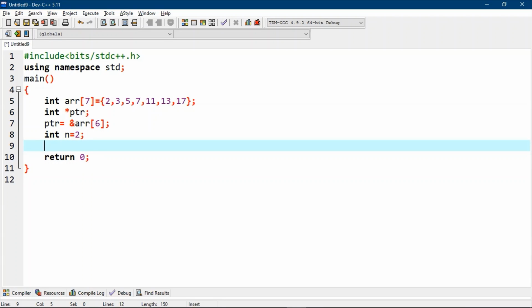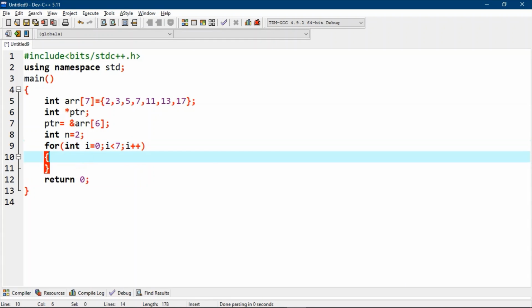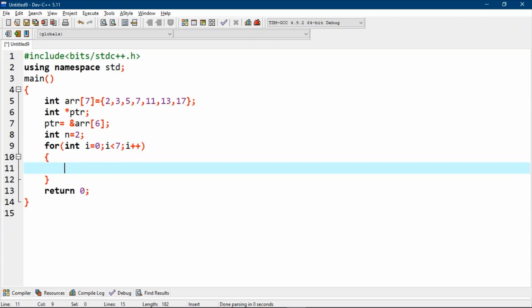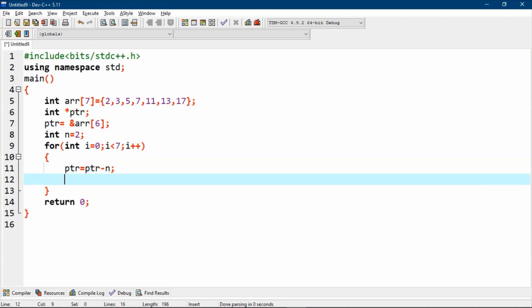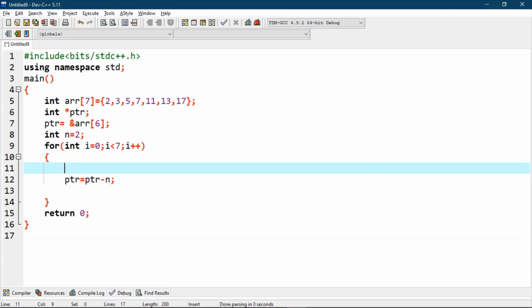Now let's write a for loop to traverse this array. In this for loop, we will decrement the pointer's value with integer n. Also, we will write a print statement to print this ptr's value.